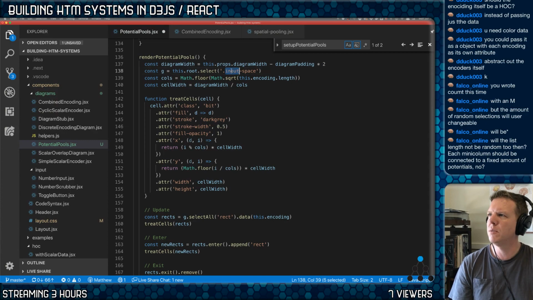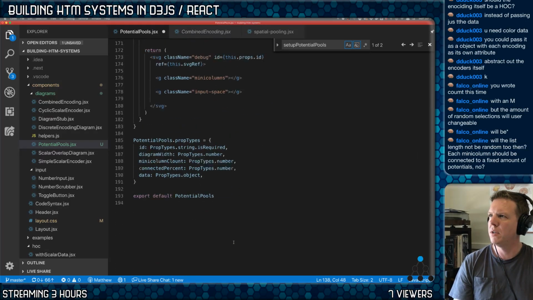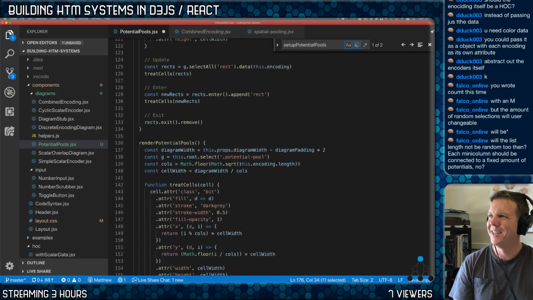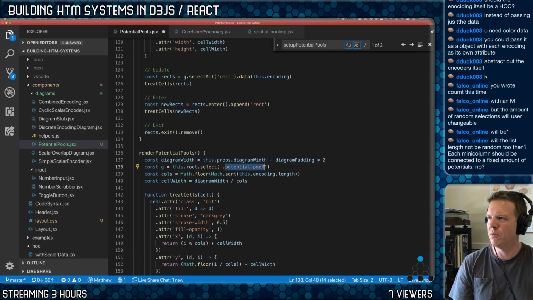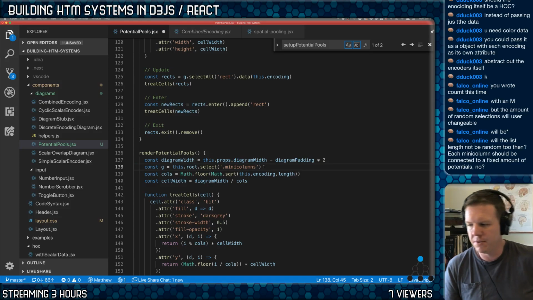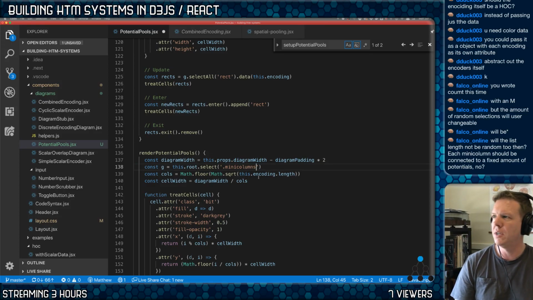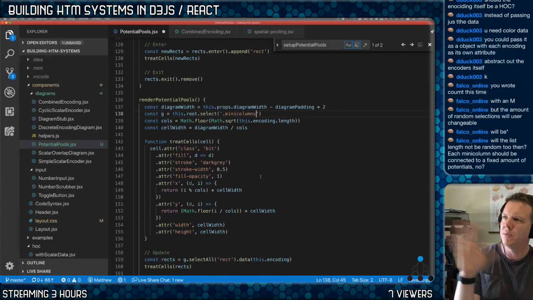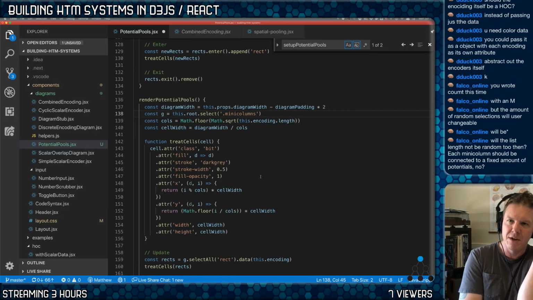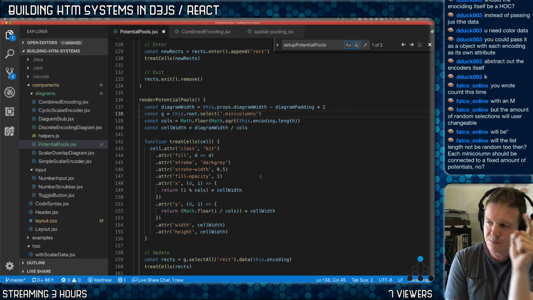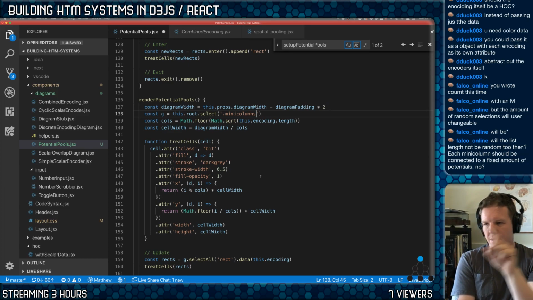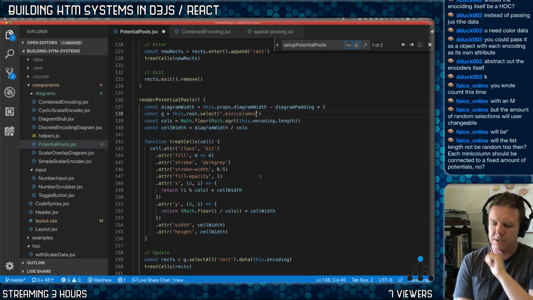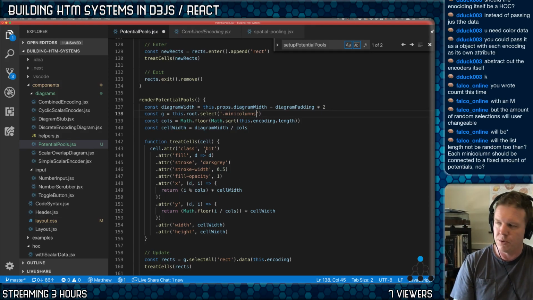All right, so this is going to be potential pool. I think that's what I called it. Nope, MiniColumns. Right, because this is the MiniColumn. We're going to render the potential pool over top of the encoding. So the pools are actually going to be on top of the encoding, but we have to have a MiniColumn selected. So there's going to be a selected MiniColumn, and the mouse over is going to change that, and that's just going to be an index. And then this render potential pools is going to render over